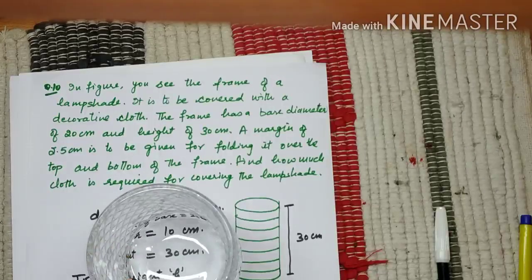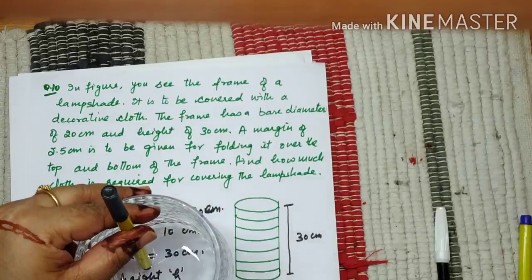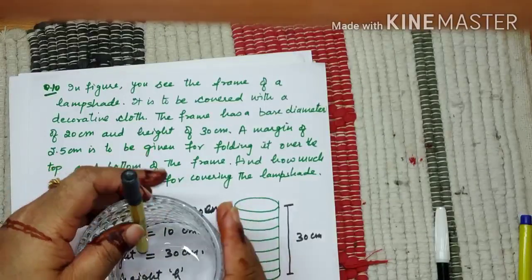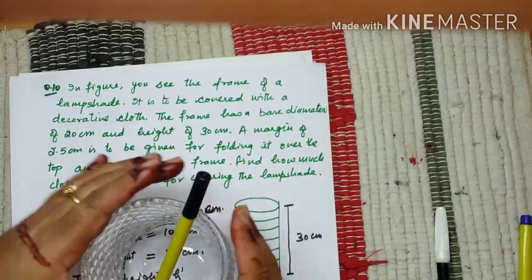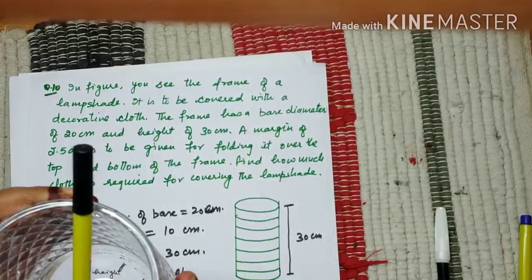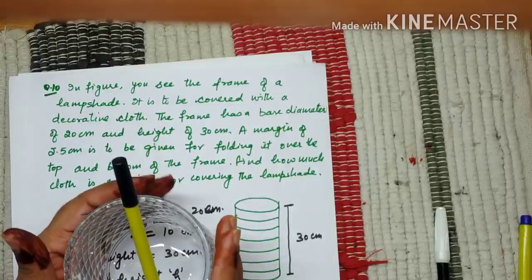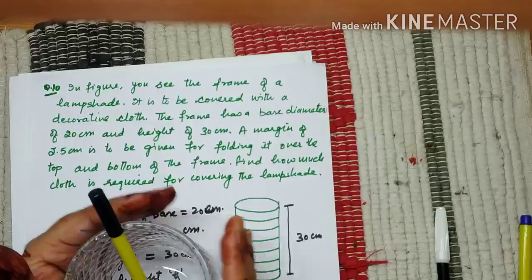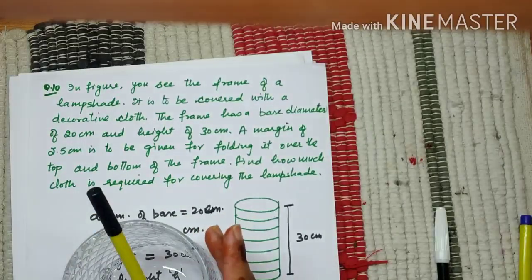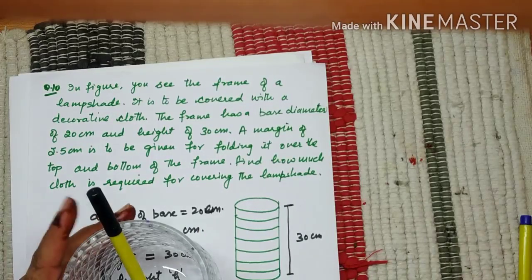So a pen holder will be something like this. It has a base, right? And it is made up of cardboard. So what is the area of the cardboard required for making one pen stand? You will take the curved surface area plus area of the base. That will be the area of cardboard required for making one pen holder. How many pen holders are they making? They are making 35 pen holders. So multiply that area by 35 and you will get the answer.